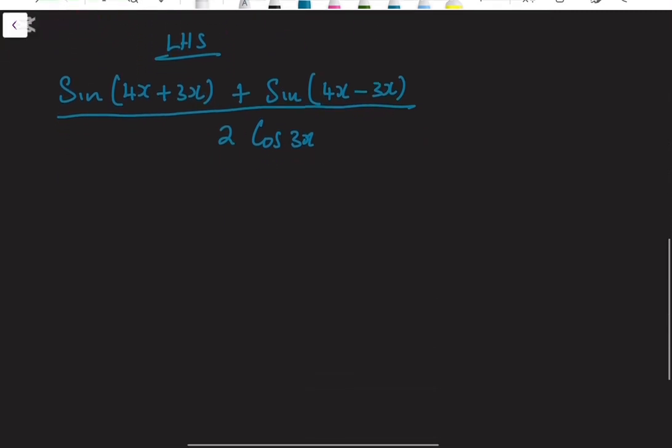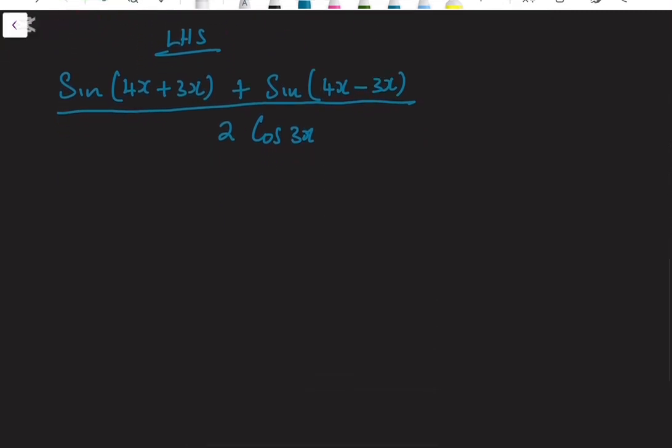Now, in the numerator, we have compounds, so we need to expand. So how do we expand sine? So it is the same as sine 4x cos 3x. The sine remain the same, plus